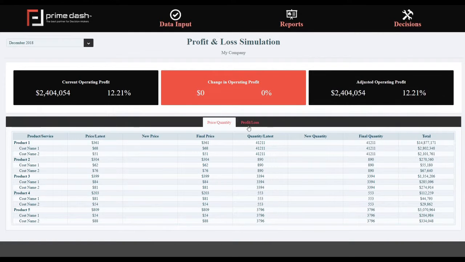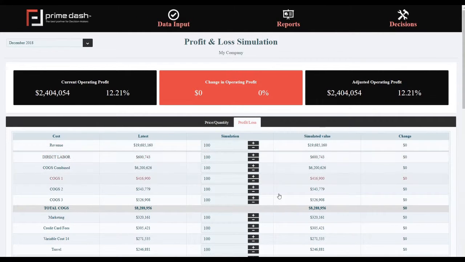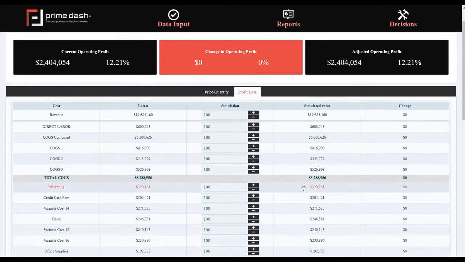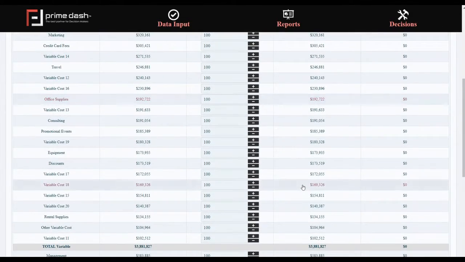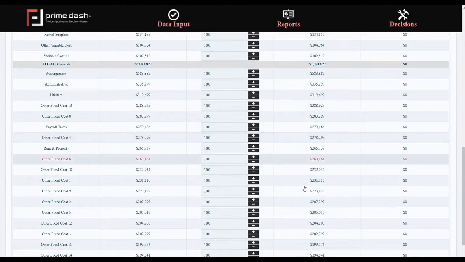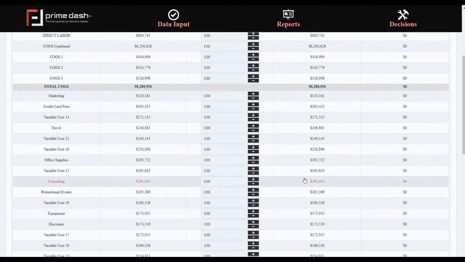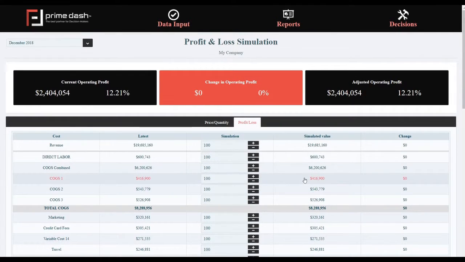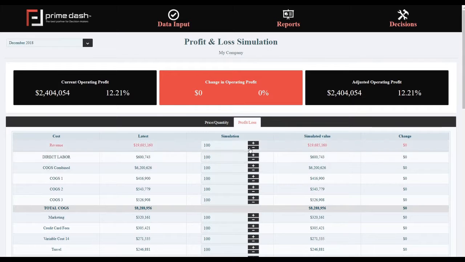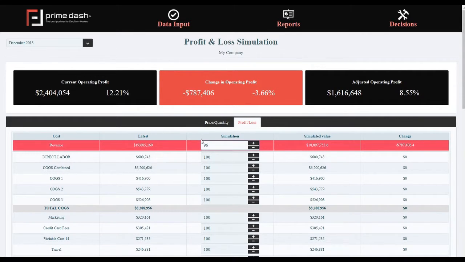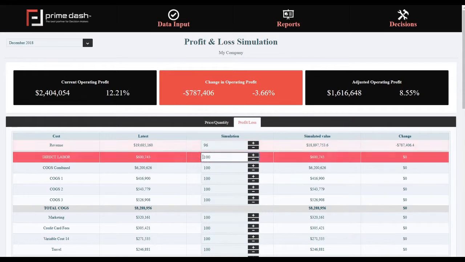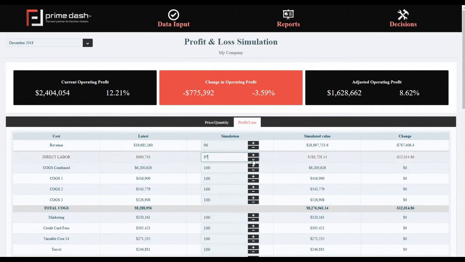Profit and loss simulation, also known as P&L. The P&L simulation puts your entire financial infrastructure right in front of you, giving the ability to simulate endless various fluctuations moving forward. You can either click the plus or minus buttons or directly enter your desired percentage increase or decrease. Each simulation entered automatically generates the change in the operating profit and the adjusted operating profit with the specific